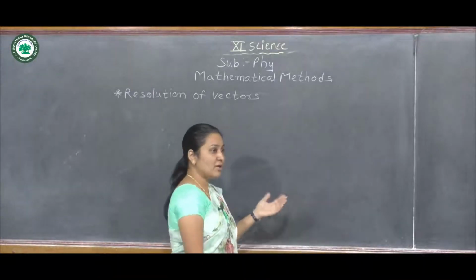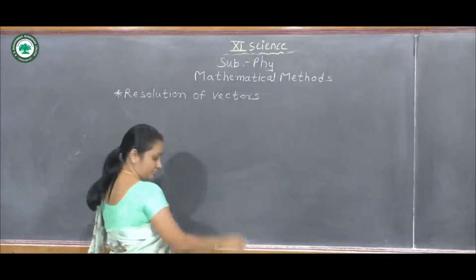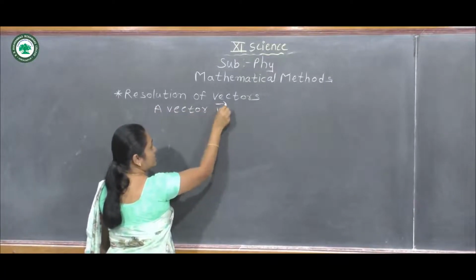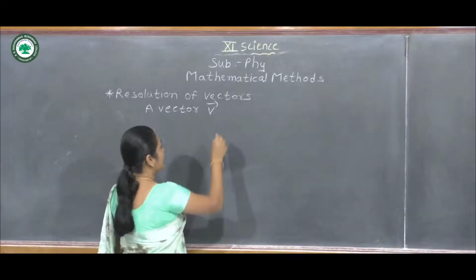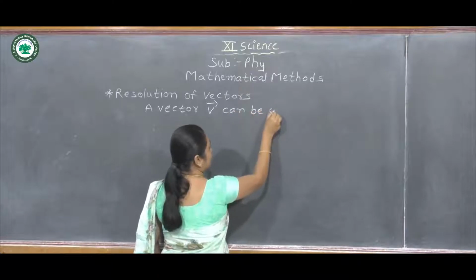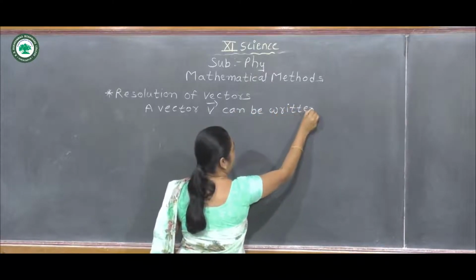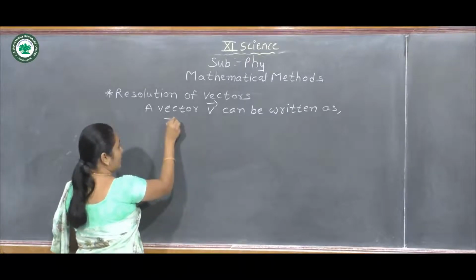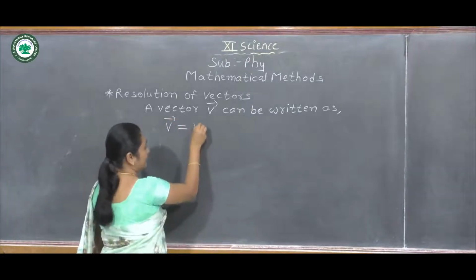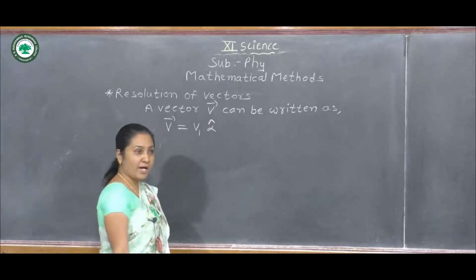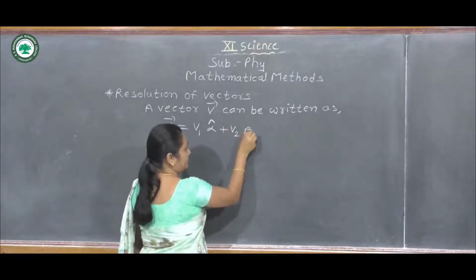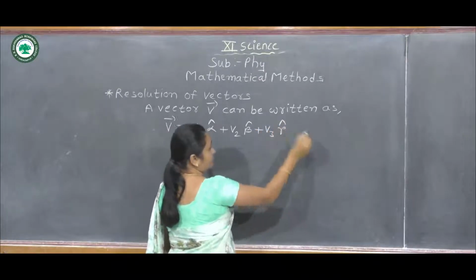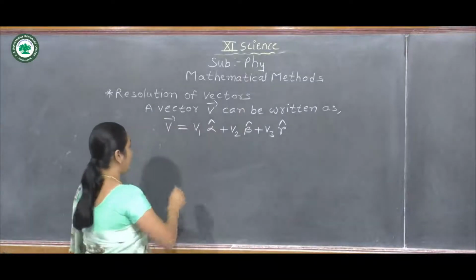So for that, first we can see here a vector, suppose V bar, can be written as V bar is equal to V1 alpha cap plus V2 beta cap plus V3 gamma cap, where